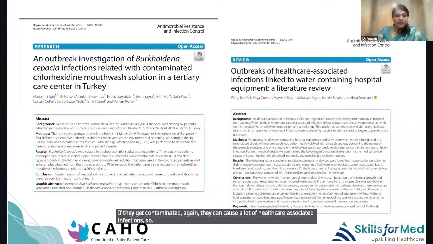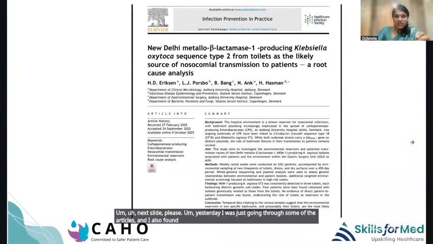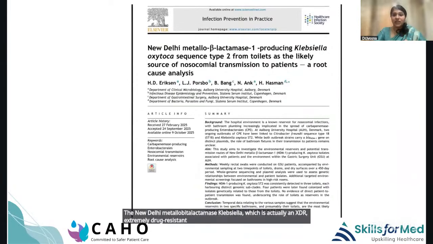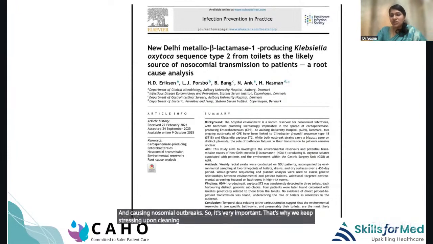Next slide, please. Yesterday, I was going through some of the articles, and I also found this very interesting article which said the New Delhi metallo-beta-lactamase Klebsiella, which is actually an XDR, extremely drug-resistant Klebsiella, being isolated from the toilets and causing nosocomial outbreaks. So it's very important. That's why we keep stressing cleaning and disinfection of each and every corner of our hospital. So with these examples of outbreaks in hospital settings,